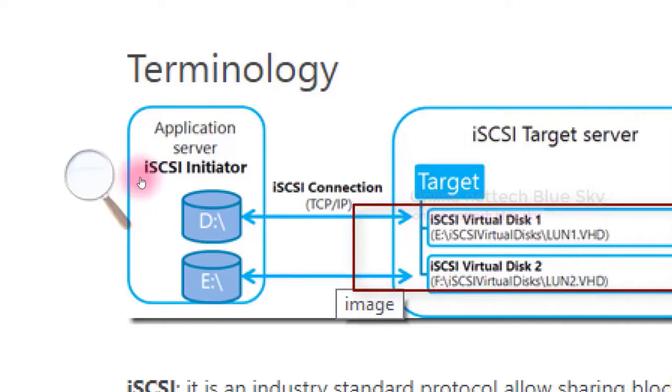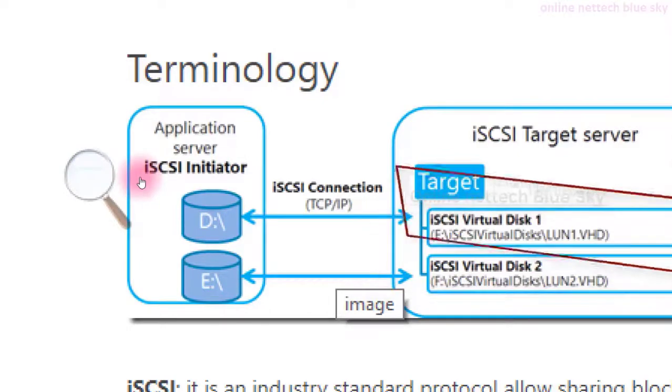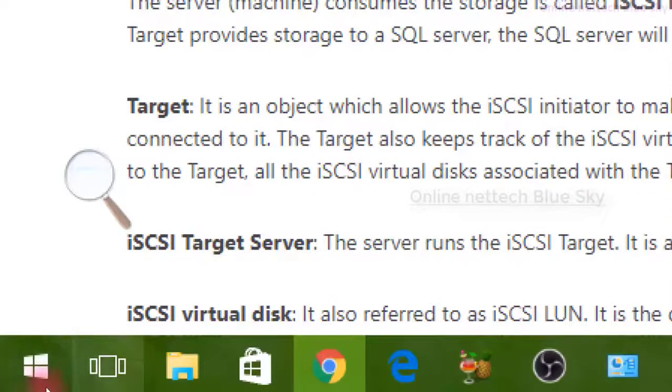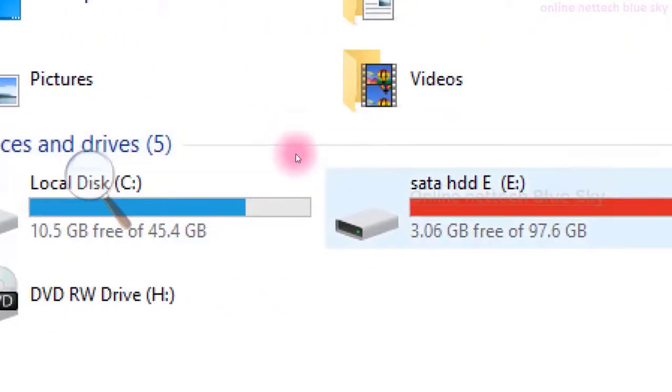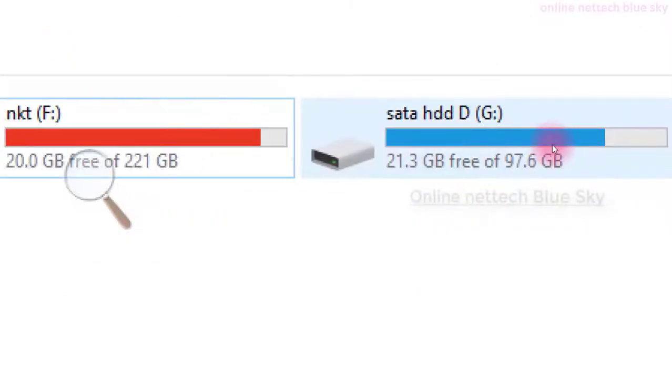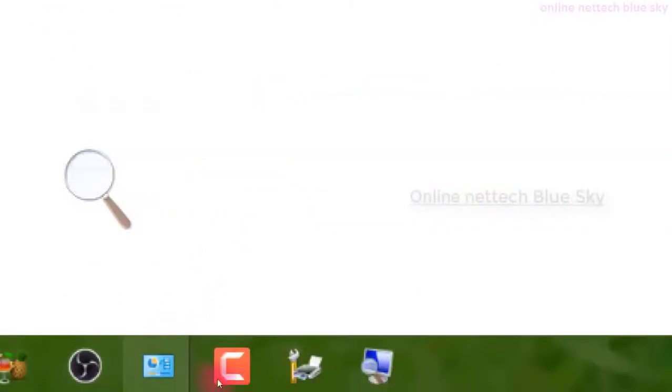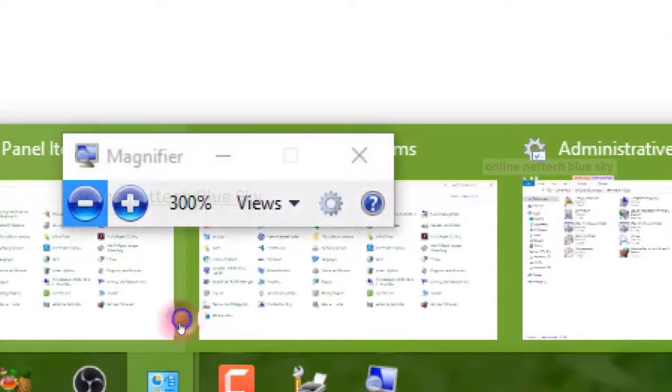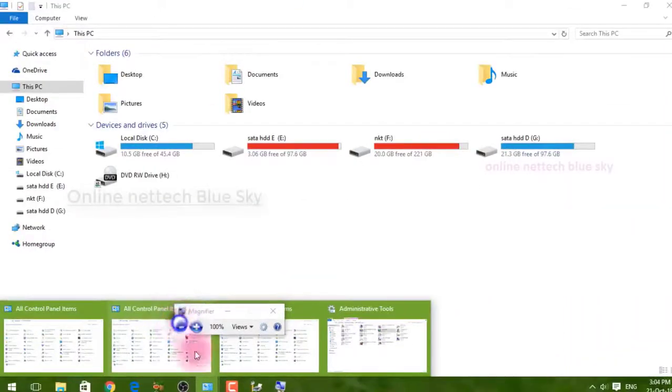These are my iSCSI hard disks, showing the names D and E here, and this hard disk allows space to store data in my server over the internet. So I can use these partitions from any site, any country, any computer here.